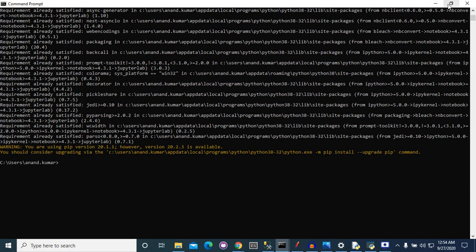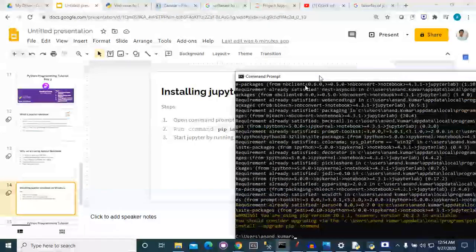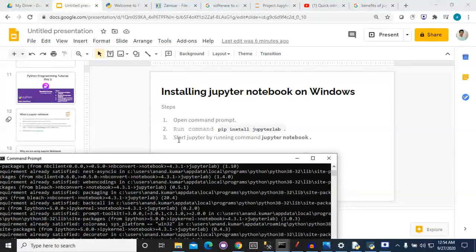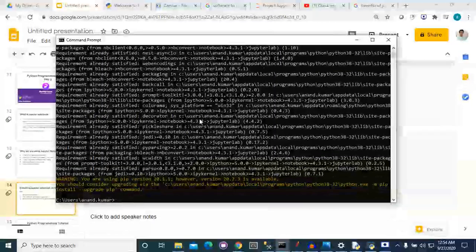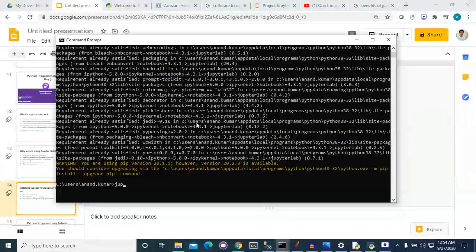The next topic is to start Jupyter Lab. To start it, we need to execute the command jupyter notebook. Now we will type jupyter notebook here.